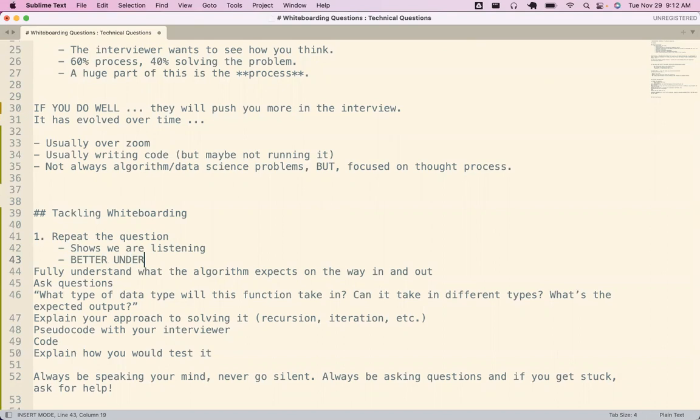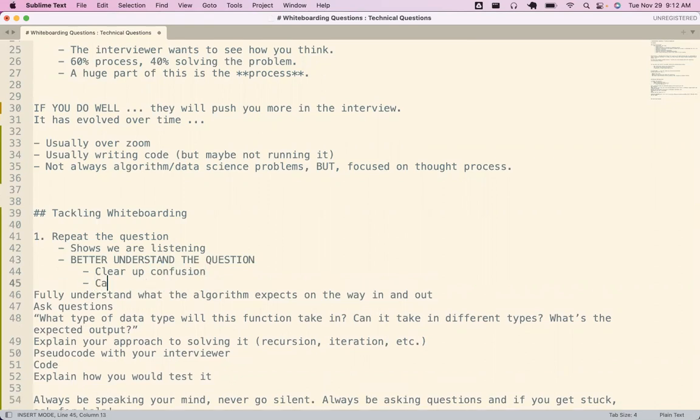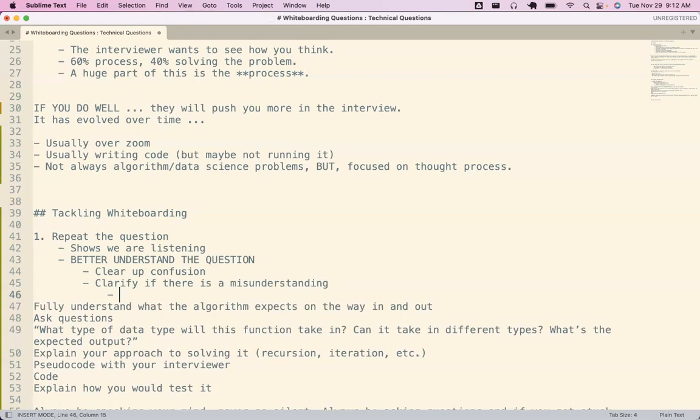It also gives both sides a chance to clarify if there is a misunderstanding, because sometimes words don't come out the right way. Yeah, exactly. That's an excellent point, Icarus.